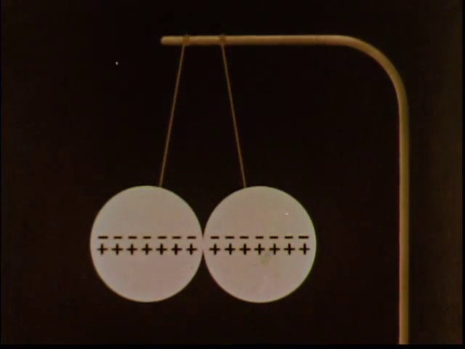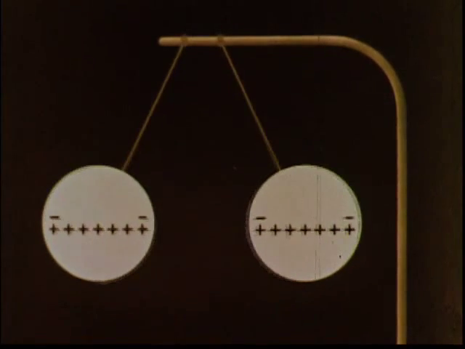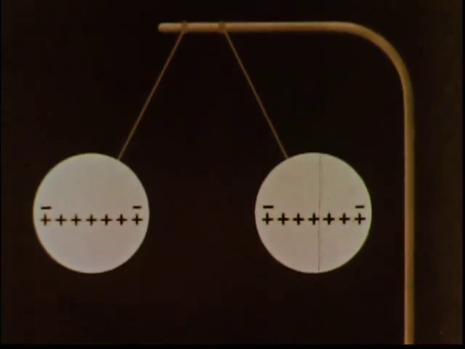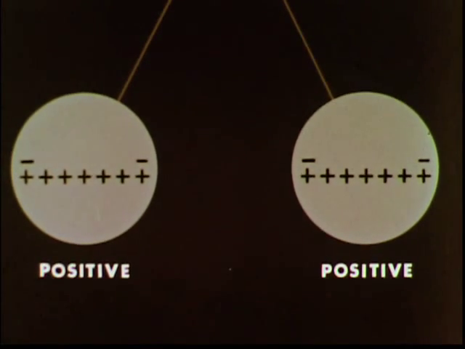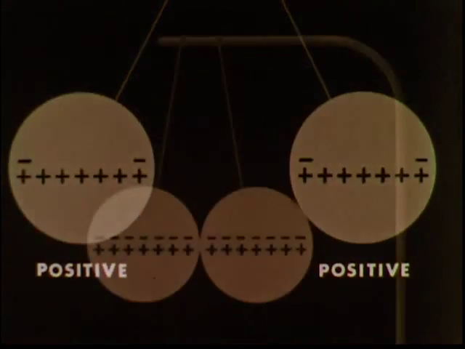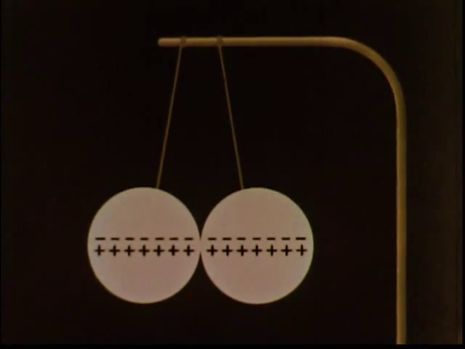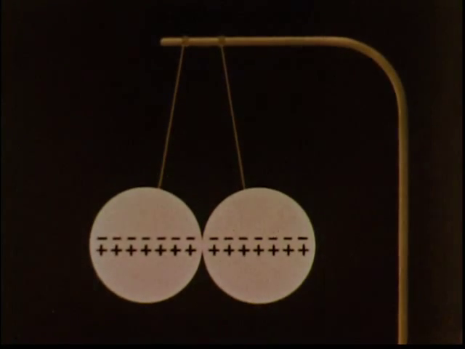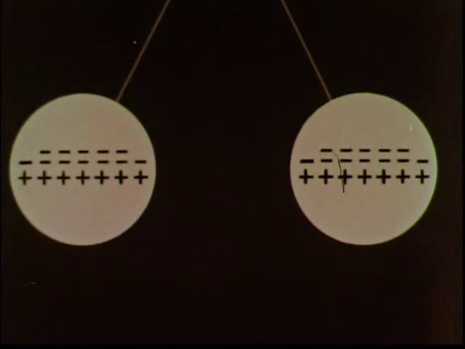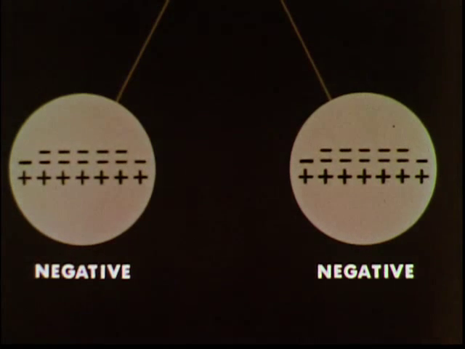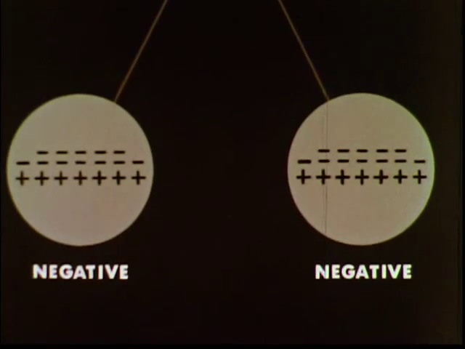We can start with two uncharged objects suspended from a single electrode and use a generator to remove electrons from both of them. We observe experimentally that repulsion occurs. The two electrically positive objects exert a repulsive force on one another and remain apart. In the same way, if we start with two uncharged objects and use a generator to supply electrons to both of them, they again repel. These negatively charged spheres exert a repulsive force on one another, and again the spheres stay apart.